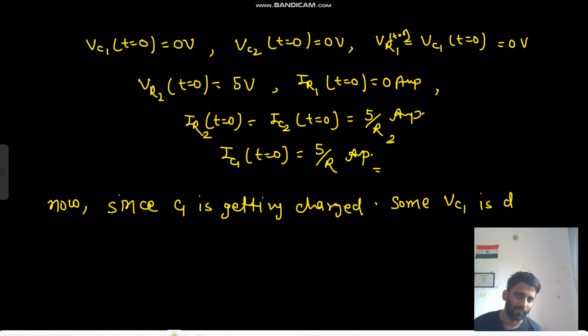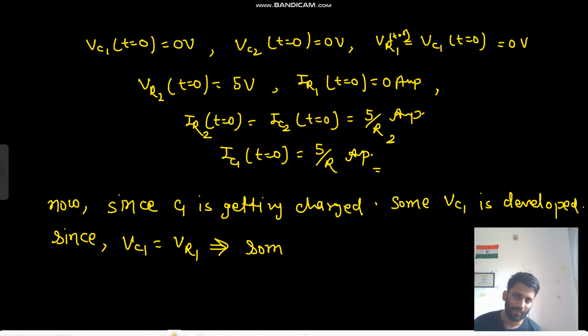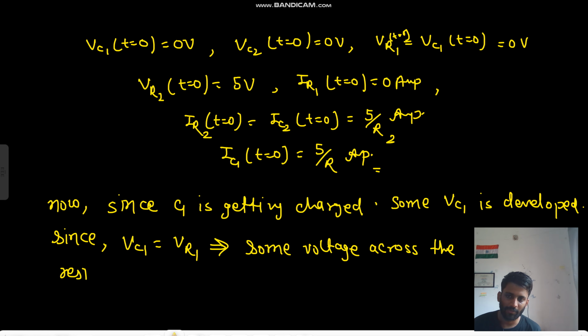Since Vc1 is equal to VR1, that means some voltage across the resistance is developed,